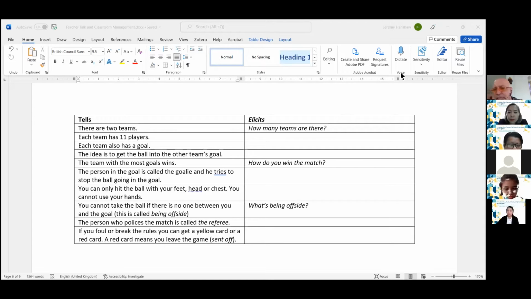I will give you 3 minutes to have a think about how to elicit that information. Let's do the first one together, okay? Just make sure that we're on the same page. So, great, we've already had one. How many players in each team? Each has 11 players. Perfect, good job. Okay, I will give you now 3 minutes on your own to have a think about that, and we will then have some feedback.